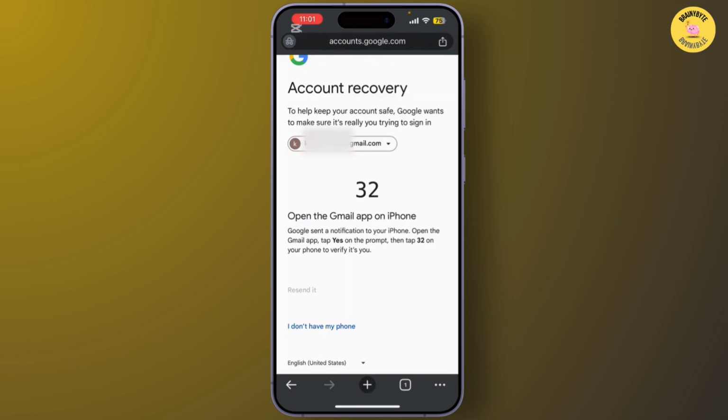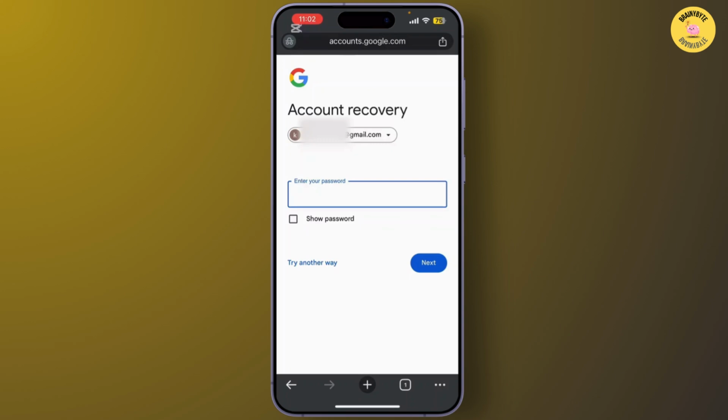Now, if you can't recall your password or the one you entered doesn't work, you'll see an option that says try another way. Simply tap on it, and Google may ask you to open the Gmail app on your phone and tap on the number that they sent you. If you also don't have this option, another option is to send a verification link to a backup email